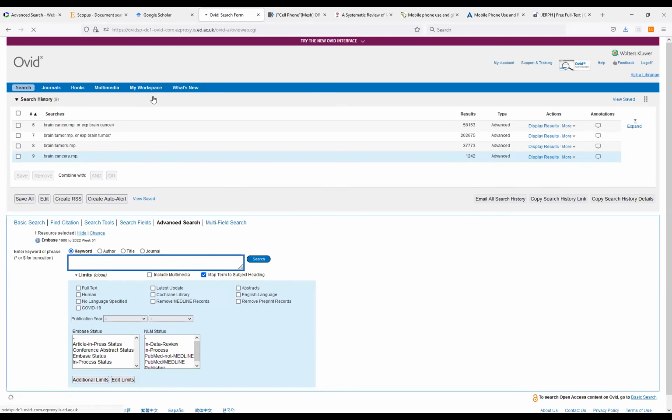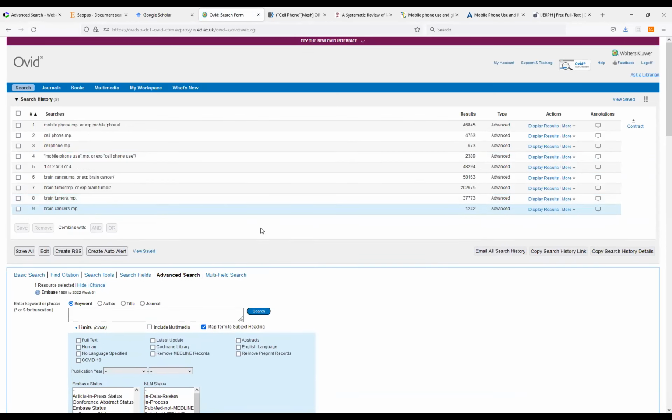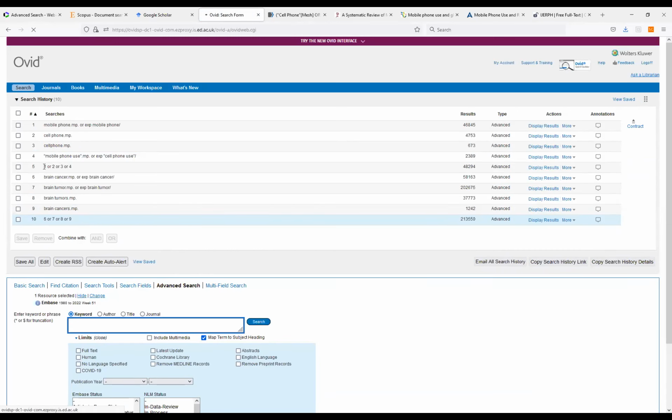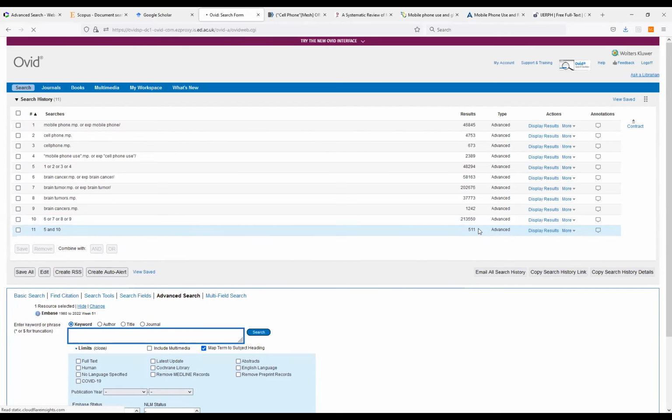All right. Now, let me expand this so that you see all we have been doing. I have searched for mobile phone terminologies and combined them. Now let me combine the brain cancer ones with all. So number 5 combines the mobile phone terms, and number 10 combines the brain cancer one. I want to combine number 5 and 10 because that is actually the main thing I want to work with, and so this is what it's giving me: